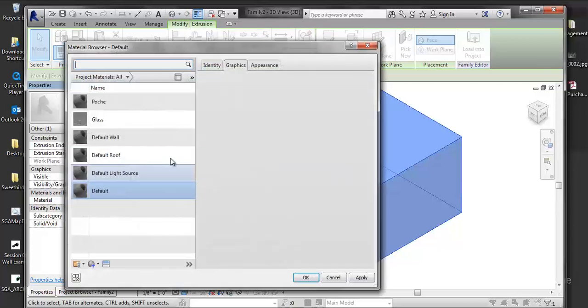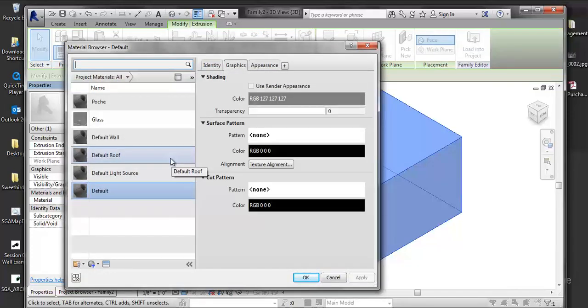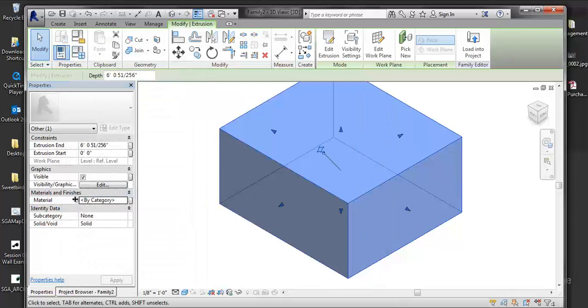However, if I want to be able to change that material inside the Revit project, not the Revit family, but the Revit project, as we did with the types, I need to give it a parameter or a variable giving me the capability to do so. So instead of going into where it says by category, there's this little hidden button. It's always the hidden buttons and the tiny buttons that do the best bang for your buck in Revit. It's called the Associate Family Parameter Value. I'm going to go ahead and click on that,